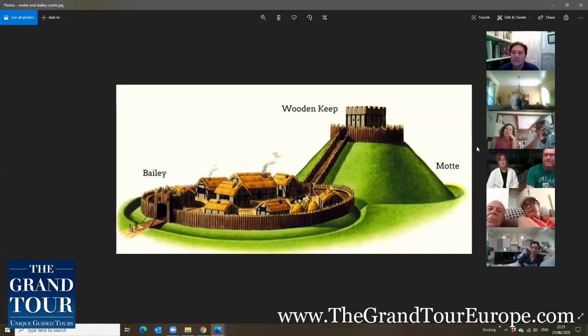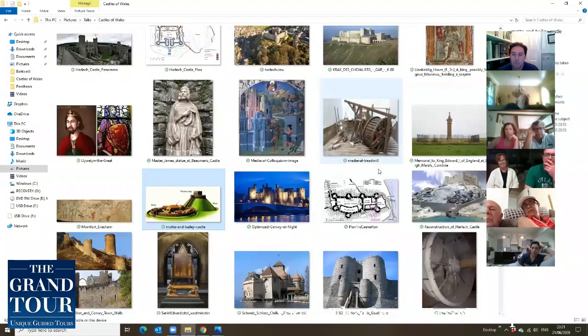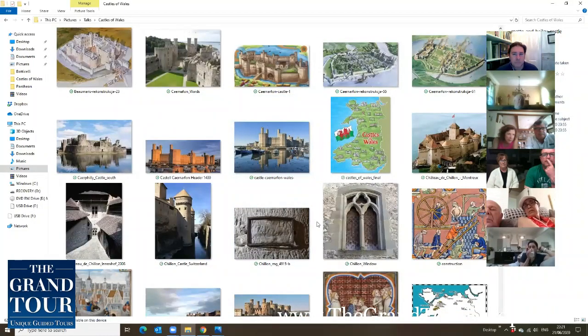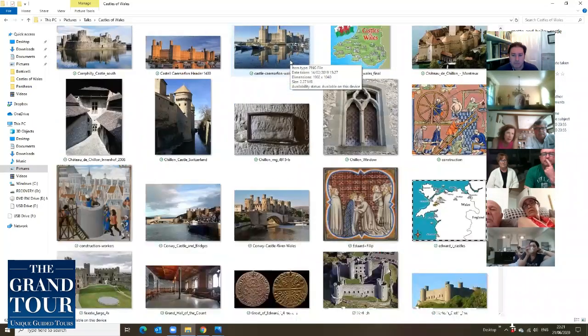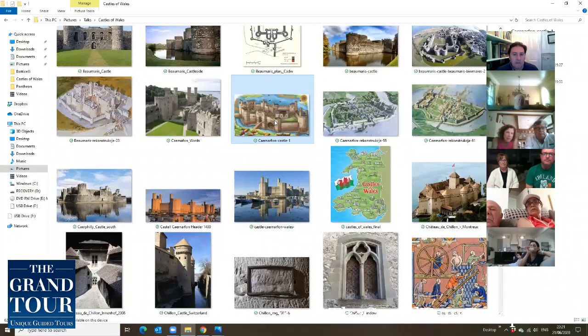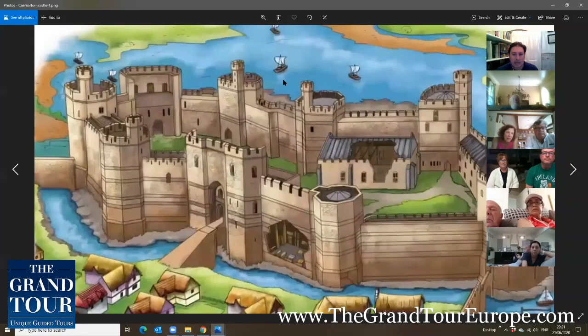So King Edward believed that he should have placed his castles by the coast, by the sea, so he could refill them. He could have supplies coming from Ireland, from Scotland, from England, so he would have never run out of supply. Now, this is how Caernarfon would have looked back in the day, with, of course, a large